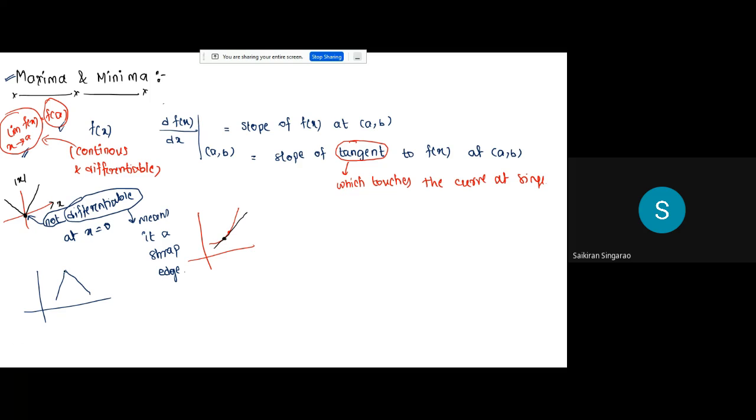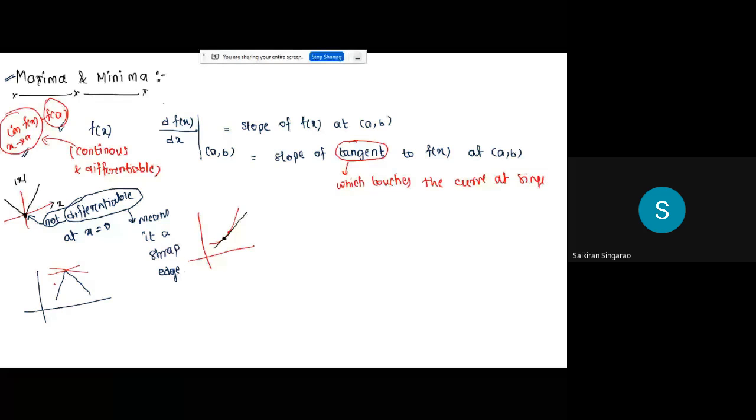But here, whenever you get a sharp point like this, touching this sharp point I can draw more than one line. Touching that sharp point, how many lines can I draw? I can draw a line like this, like this, like this, isn't it? All these lines are touching only this sharp point. Now, according to the definition, which line's slope should I take? I don't know, because more than one line is coming there, so I will say it is not differentiable.